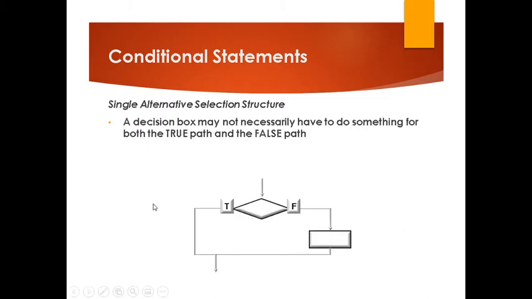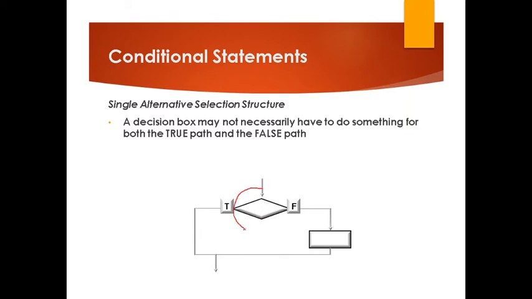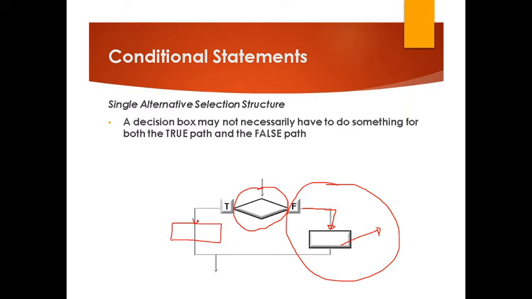If you can see it, basically for the single alternative selection structure, we only have one or single result. So for example, if this is our condition and the answer is false, it goes directly to the other processing. So we only have single, right? Because there is only one. If there is another process block, then it becomes double. So since we're still discussing single,